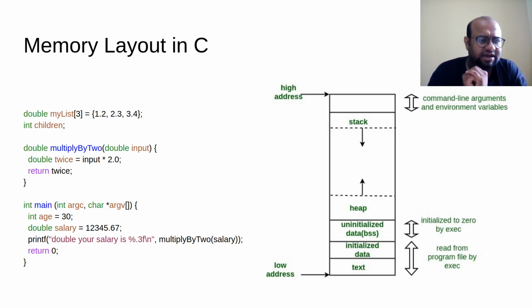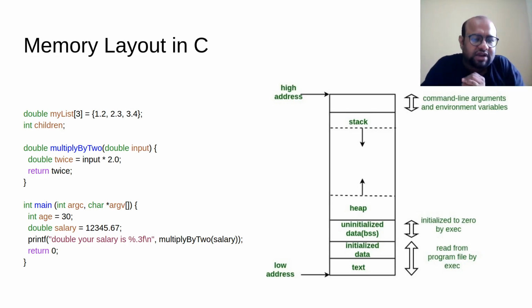Now in line number 3 of main, what is happening? This multiply by 2 function is called with this parameter salary. So now that this function is called, there are a certain number of things that have to happen. There are things called base pointer and stack pointer that have to be moved up. The old base pointer has to be pushed to the stack. All these things have to happen, but we will not go into those. Don't worry about all this, but